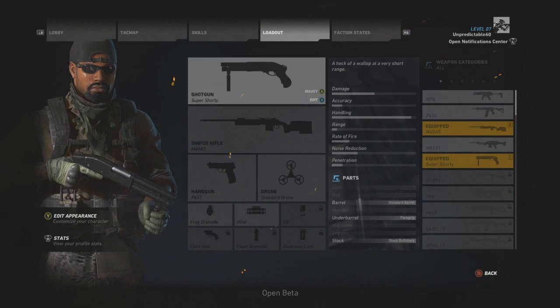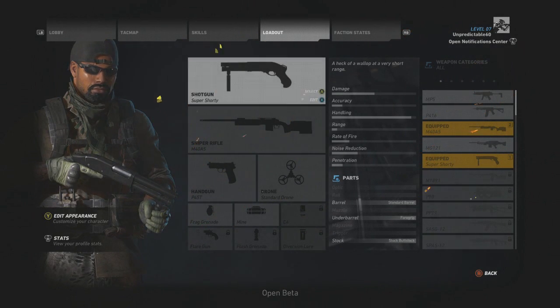If you like up close and personal, high damage, and super tight spaces, then the Super Shorty shotgun is the